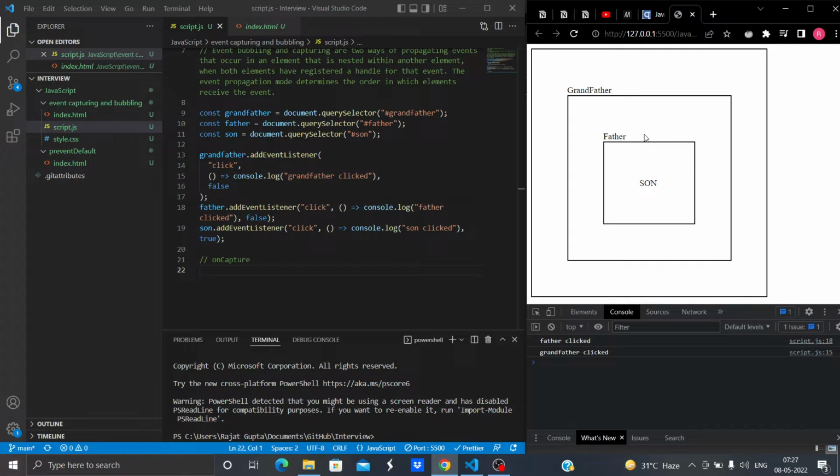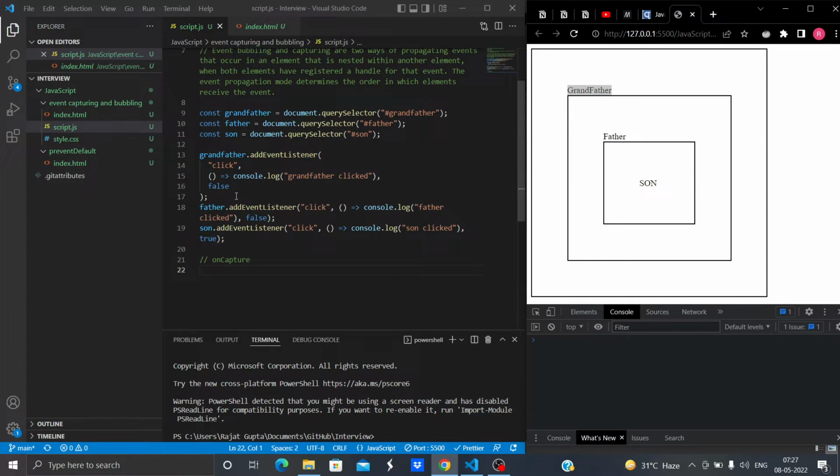So in the capturing phase father won't be able to run, but next comes the bubbling phase, and in the bubbling phase father will be able to run since the false value of on capture, and grandfather will also run due to the false value of on capture. So this is what we got.